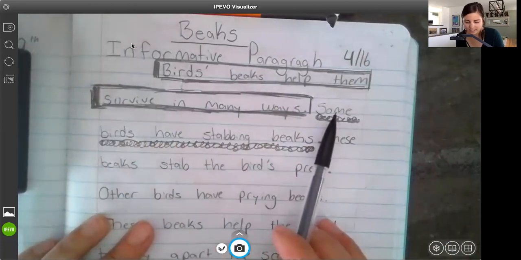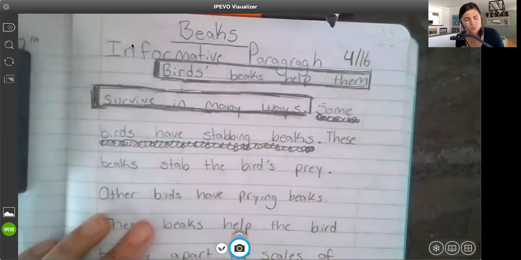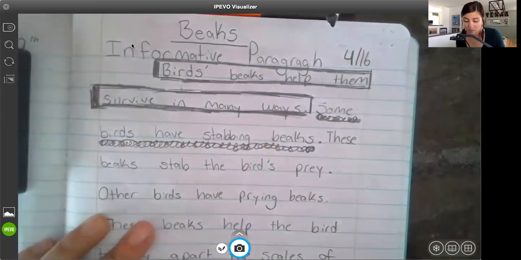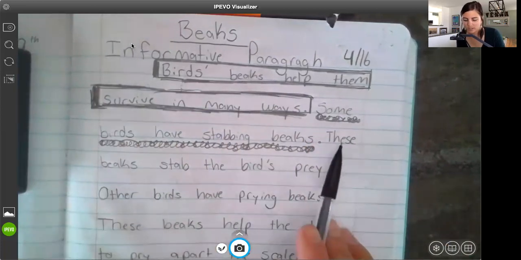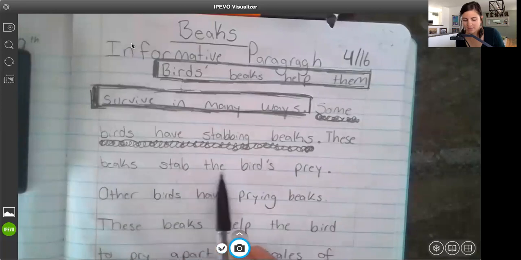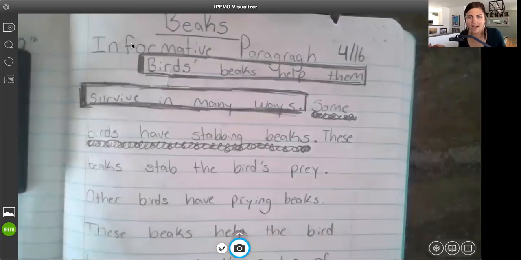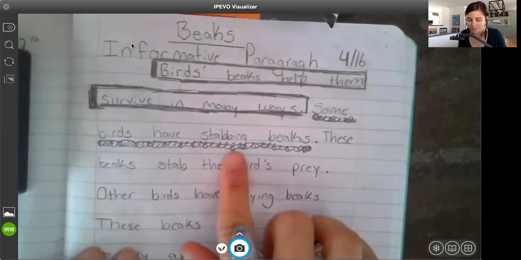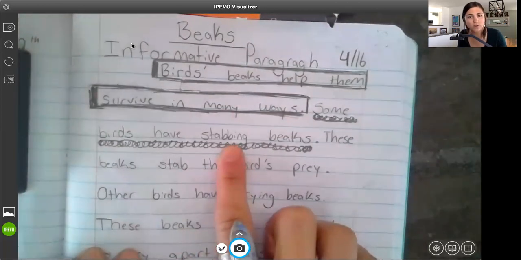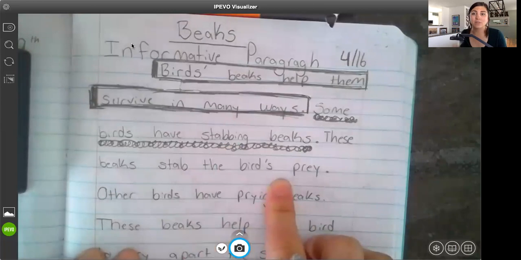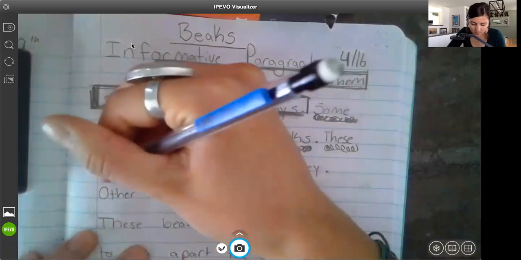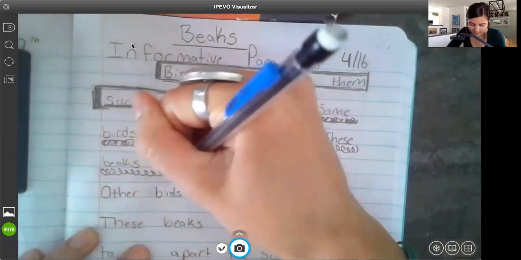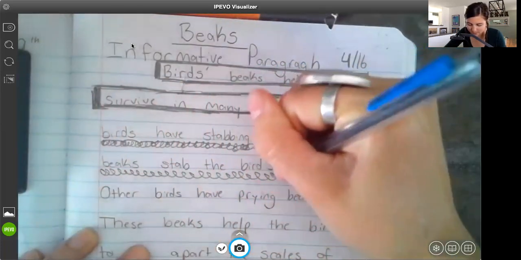So the following sentence after some birds have stabbing beaks, what do you think that sentence is going to be about? Probably a little bit more detail about stabbing beaks, right? What type of beaks? Stabbing beaks. So let's read. These beaks stab the bird's prey. Oh, of course. So it's telling us that some birds have stabbing beaks, and what do they do with their stabbing beaks? It allows the birds to basically hunt, to stab its prey. So I'm going to make swirls under this sentence as well,